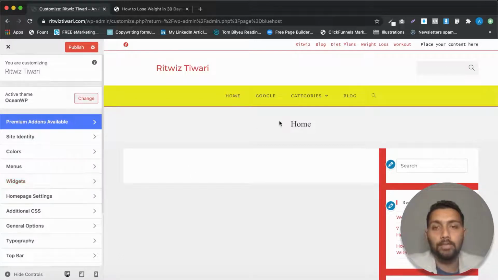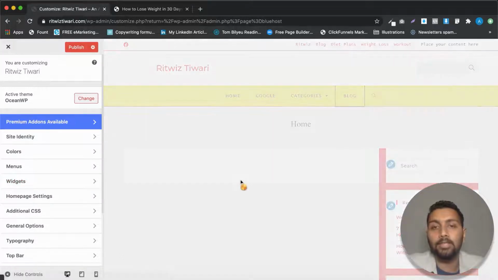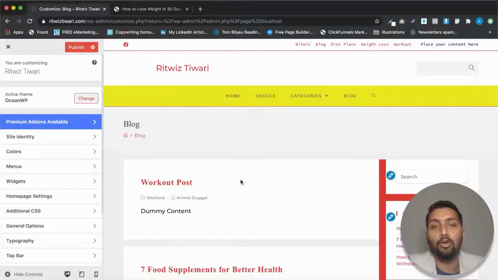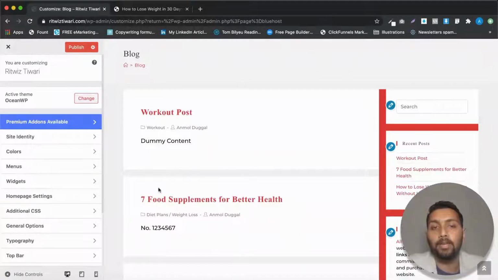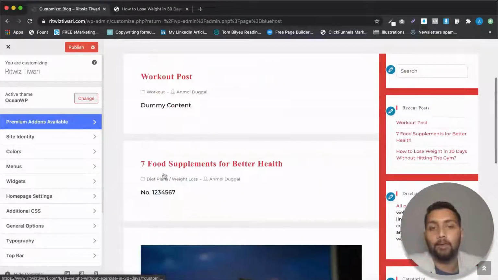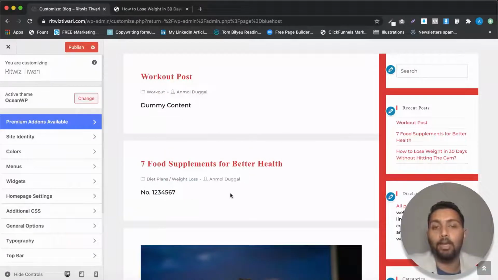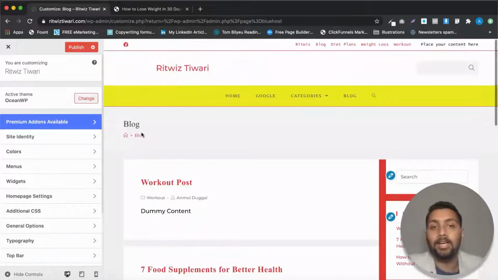All right, so since we had 3 posts with us, and you can see that in the blog section, how our website is now looking, right? I showed you all the design changes that we made. We can even make the typography changes for each individual element. Like for the title, it can be different; for the body, it can be different; for the page title, it can be different; for the breadcrumbs, the style can be different, right?